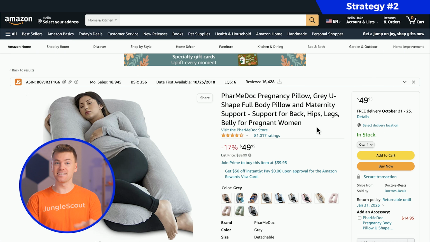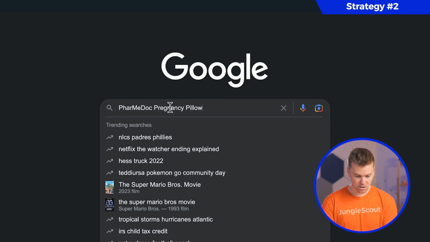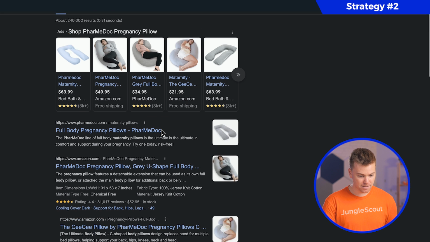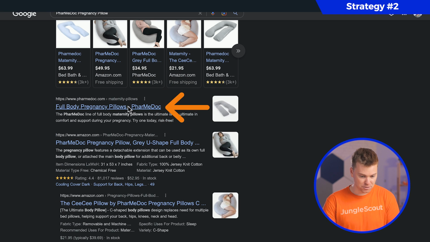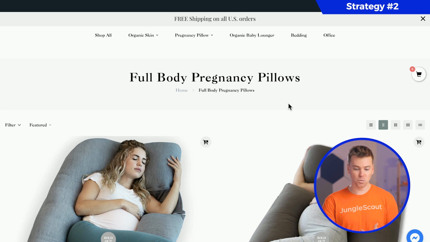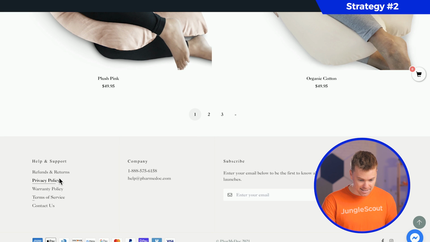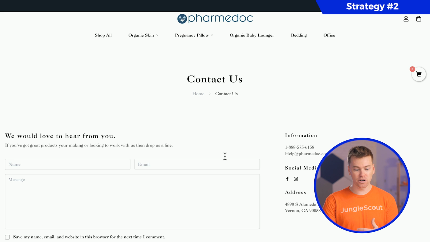Now that we've verified the listing and the buy box, we can go ahead and look up the supplier. So I would just take the name of the brand and maybe even the product as well, and then just run a Google search for it. So here we go. I'm gonna copy and paste that name in here and just try to find their website, which thankfully shows up right up at the top here. From here, again, just like we did with the other websites, scroll down to the very, very bottom. And I don't see any portal here for wholesaling, so I can just go to contact us. And this is where you'd want to reach out and contact them about downloading their inventory list and opening a